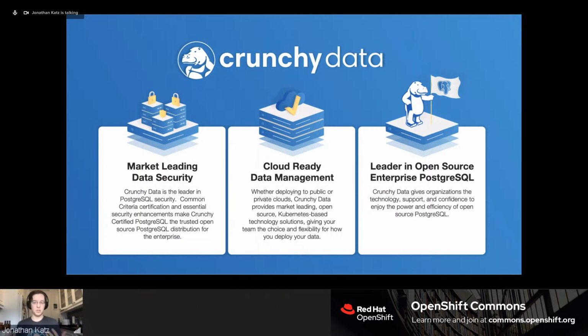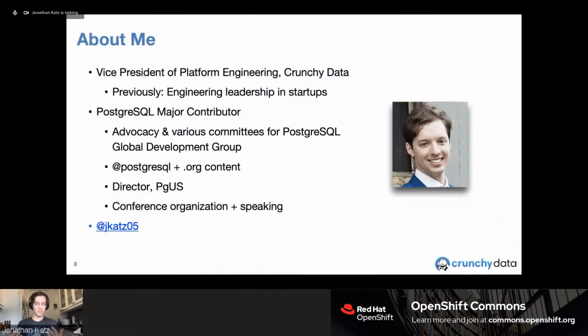I'm very active in the Postgres community. I've been using Postgres for about 15 years. I've been active in the community for a little over 10, mainly focused on advocacy. For instance, we have the Postgres 13 major release coming out next week, and a lot of what I do is geared towards getting that release out the door.